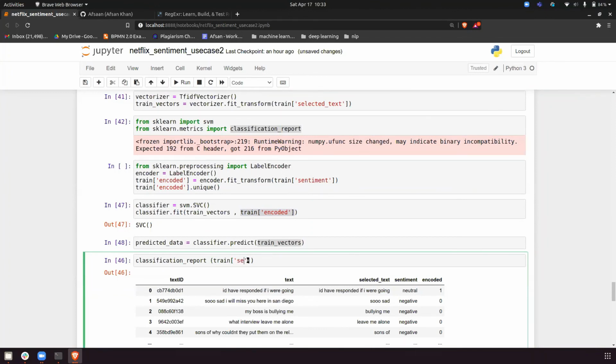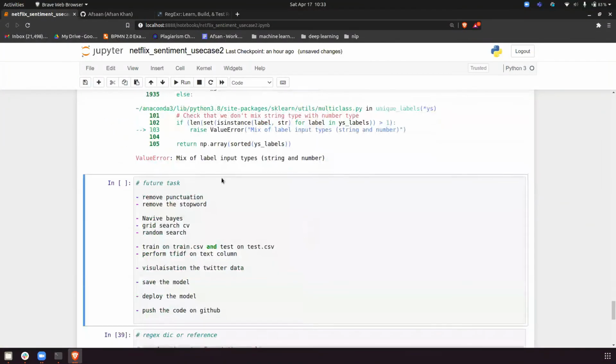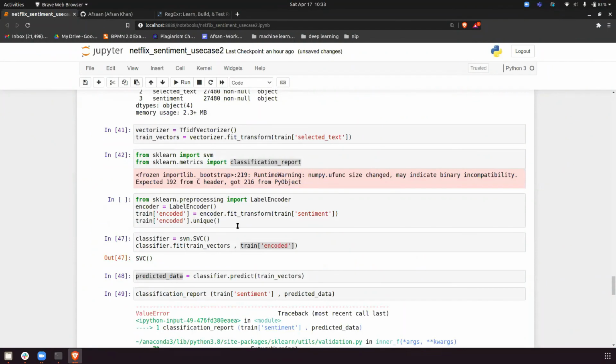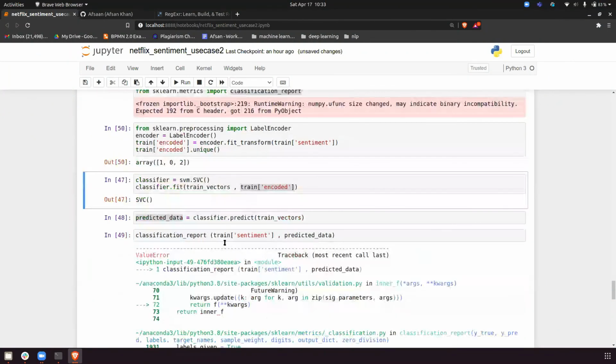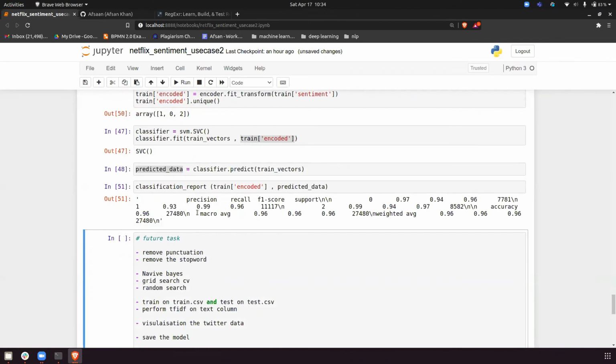Basically it will be sentiment, and here I will give the predicted data. Okay, what is the problem? Mix of label input. Okay, got it. For this, you have to convert the sentiment into a unique encoding. I will run this, and if I encode it here, now it works. So this is the precision and recall value.